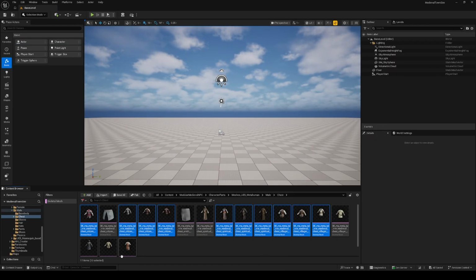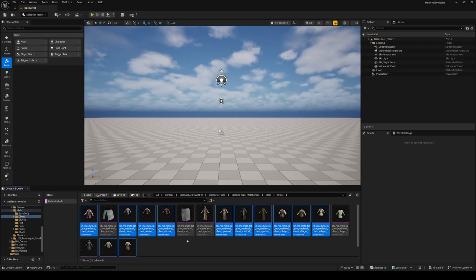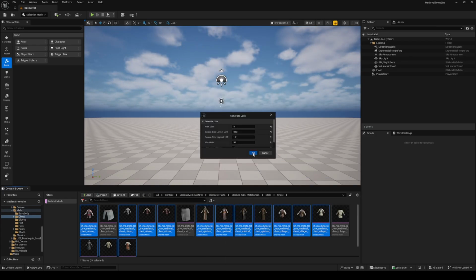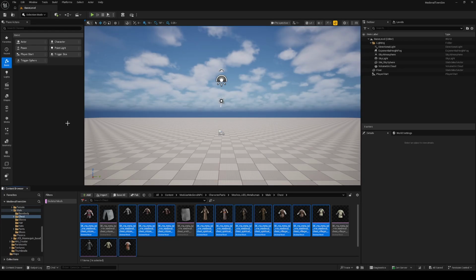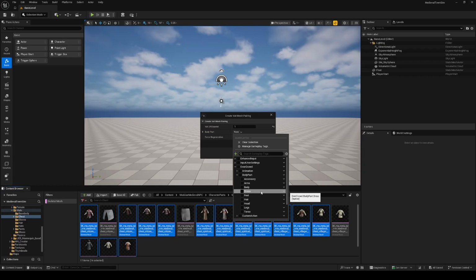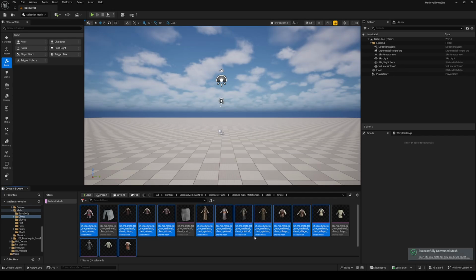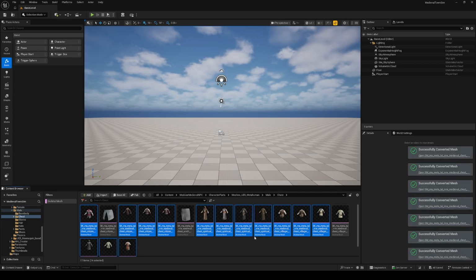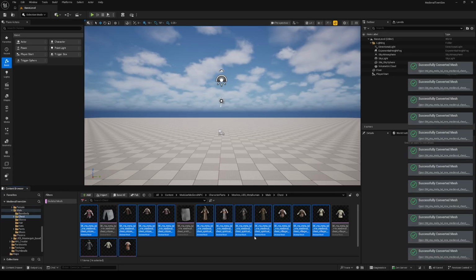We now need to follow the same process for the clothing that we're going to use for our metahumans. There are 5 general items of clothing here: the chest, gloves, hats, pants and shoes. Separately for each set of items, we need to go through the same process: select all of the skeletal meshes of interest, right click, Scripted Asset Actions, Overcrowd and create LODs. Once that's done, we follow exactly the same process to create the VAT mesh pairing, and we need to select unique gameplay tags for each of the 5 types of